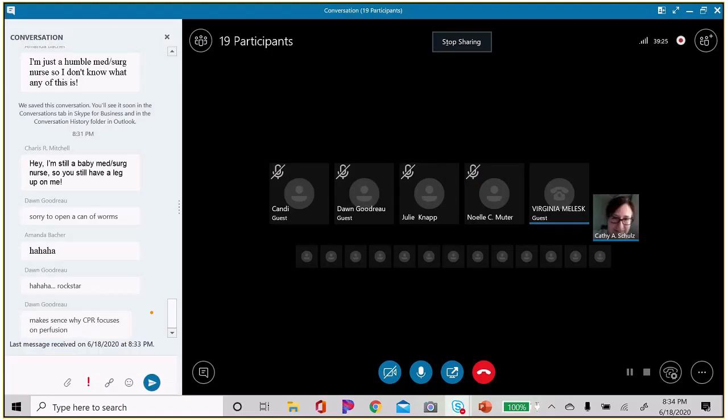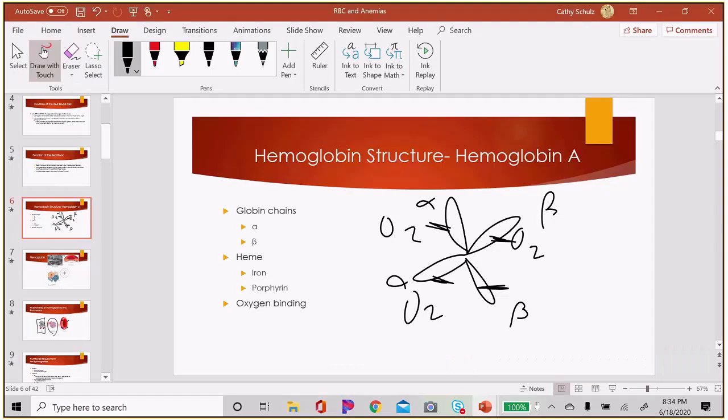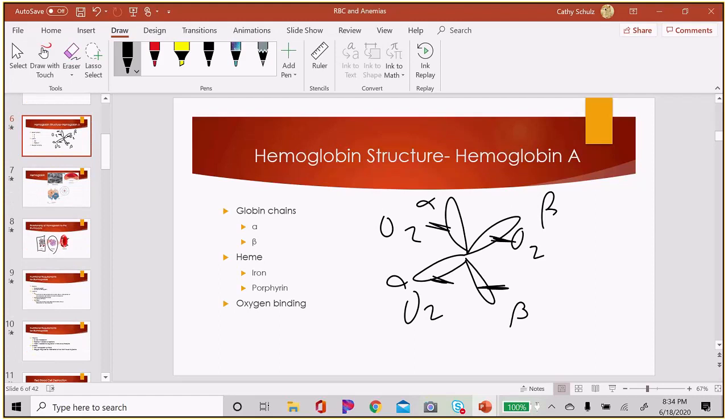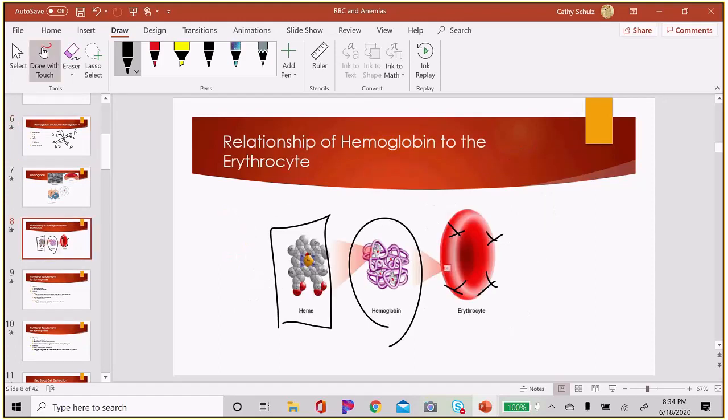Just want to be sure. Yes, CPR should focus on perfusion because there is oxygen in our body at the time that we go down. So it's better to move that oxygen around. Okay, so